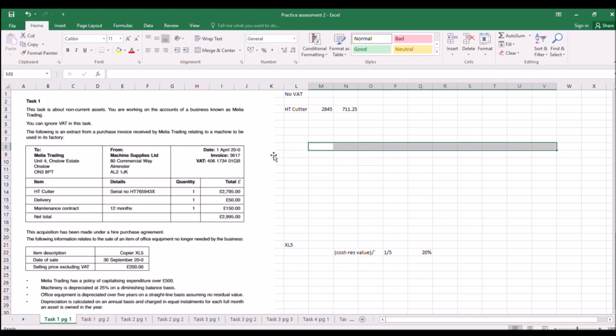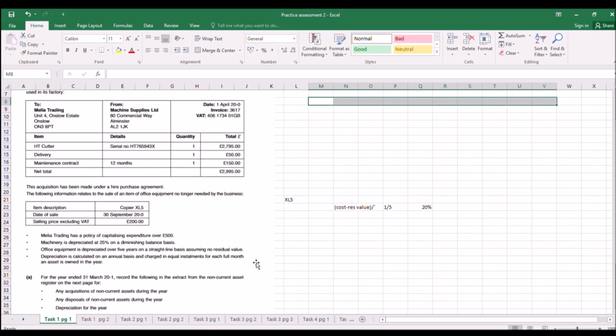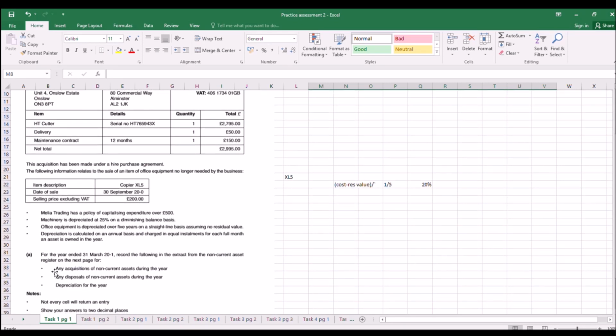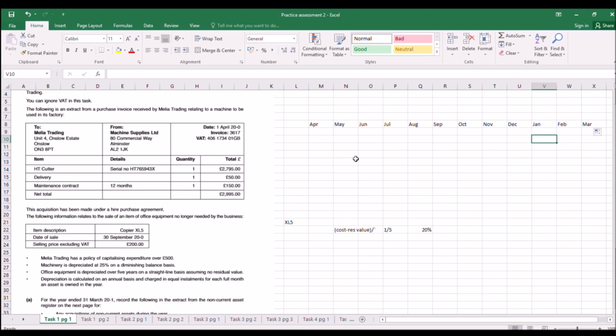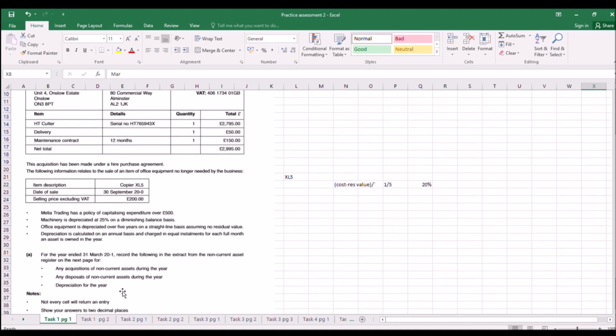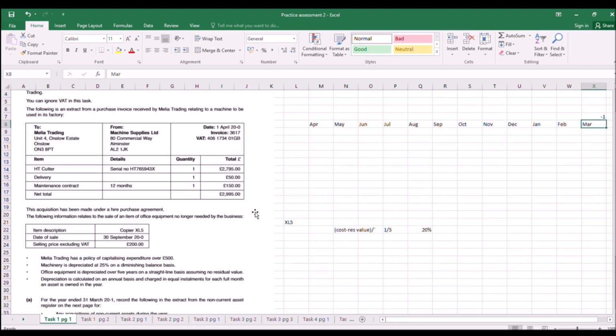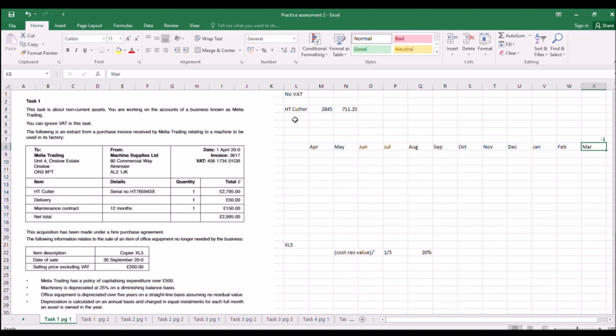When was our, okay, for the year ended 31st of March, so we've got April all the way through to March, like that. Okay, so we're going to record all the various items on our fixed asset register. So let's start with our opening bit with our HT cutter. We buy it here, at this point in here,